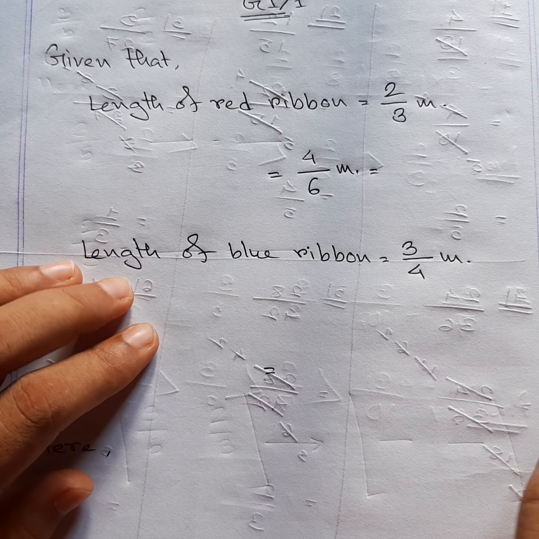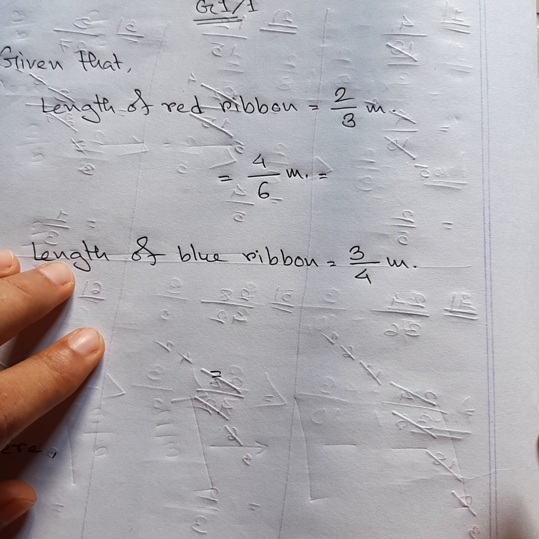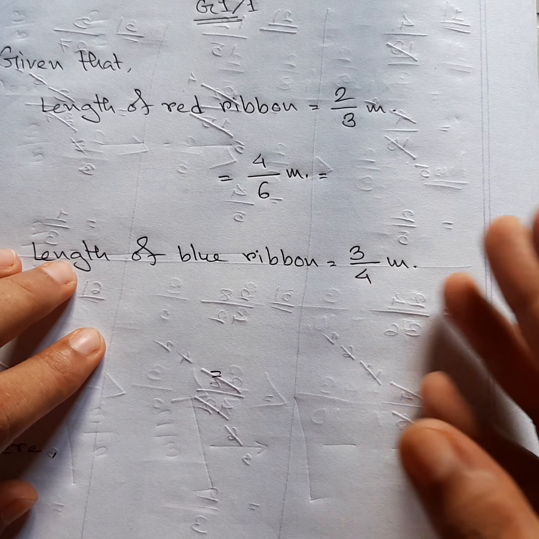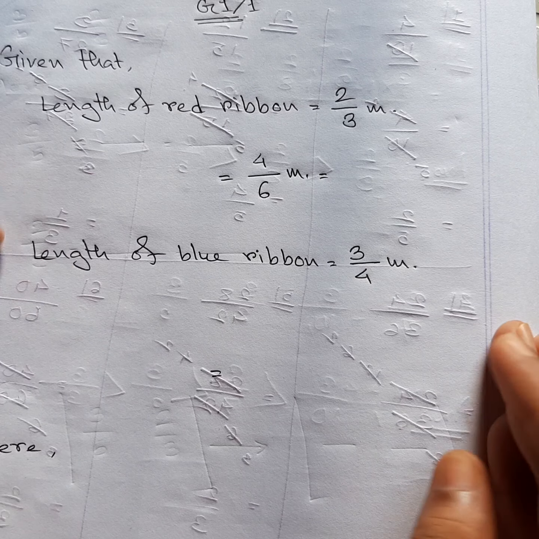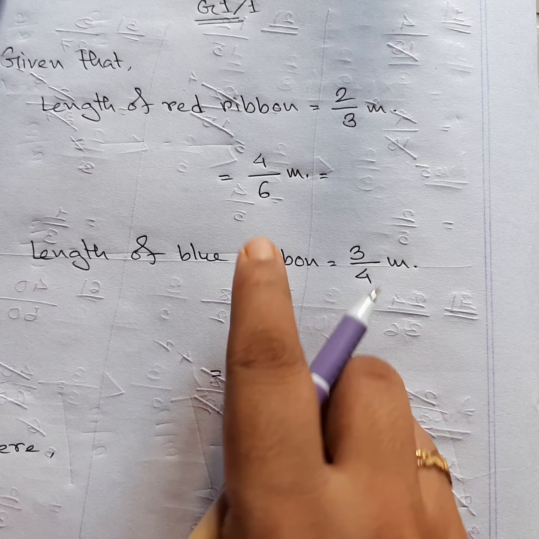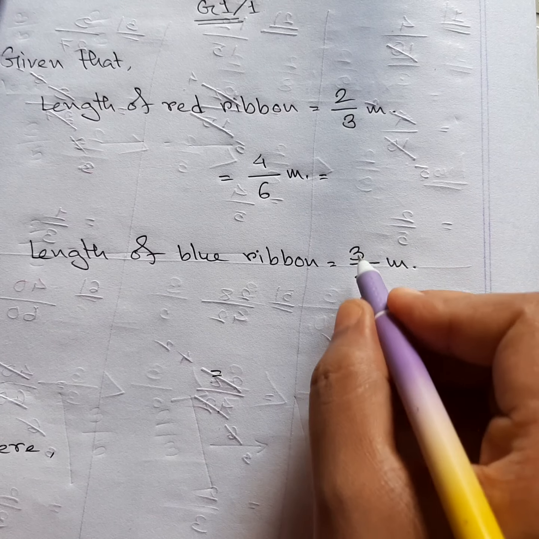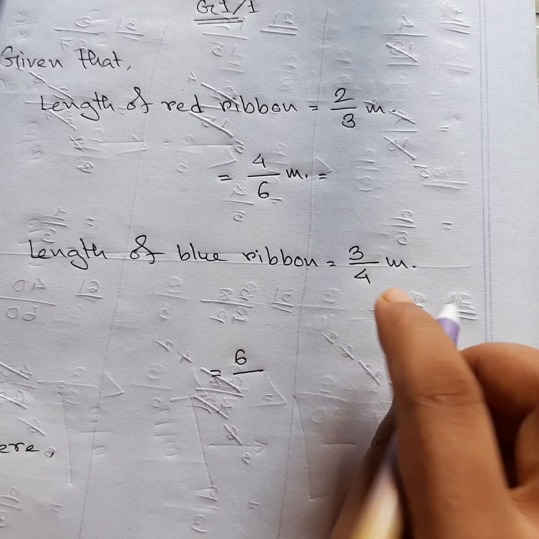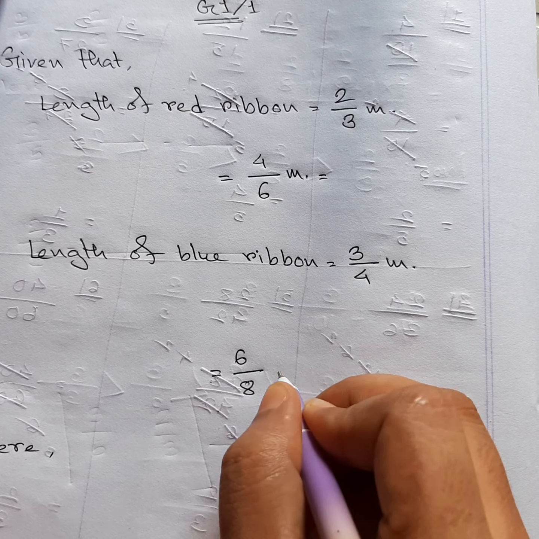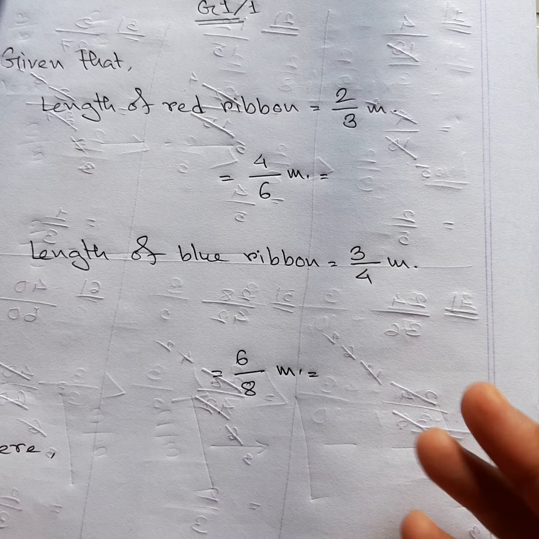I am going to tell you, don't worry, because whenever we are doing that kind of math, we are supposed to find the equal denominator or common denominator. Common and equal are the same thing for this math. Now again, multiplying the numerator and denominator with 2: 2 3s are 6 and 2 4s are 8 meter. So they are not matching yet. We are going to go for the next one.